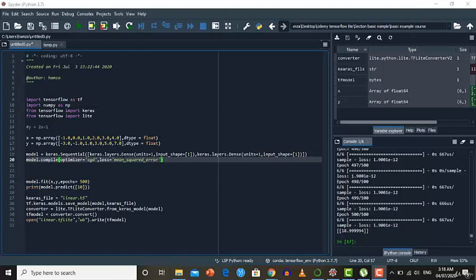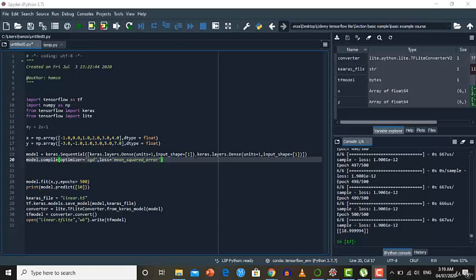Here Dense will create a hidden layer, and the dense layer is one in which each neuron is connected to the previous neurons. It's a fully connected layer, which means that each neuron of this layer is connected to each neuron of the previous layer. So I'm going to use the Keras.layers.Dense function. Then we specify the number of neurons. units equal to 1 means that this hidden layer will contain only one neuron. Similarly, I use input_shape equal to 1, which means that the output shape of the previous layer is 1. The output shape of the previous layer is the input shape for this layer. So the input shape for this layer will be 1 because we only have one feature x here.